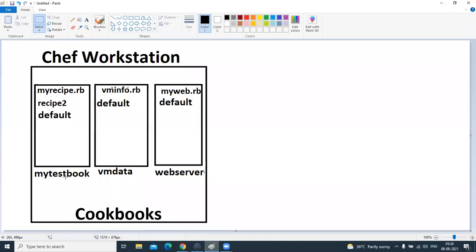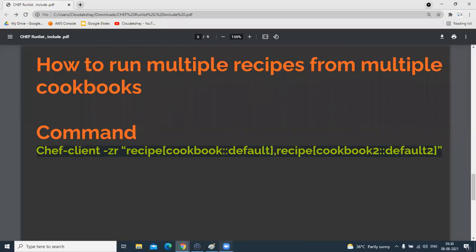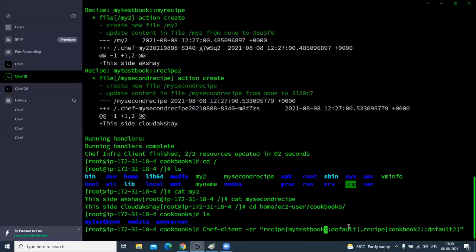As you can see, the cookbook name is my cookbook, and I'm going to run the default recipe.